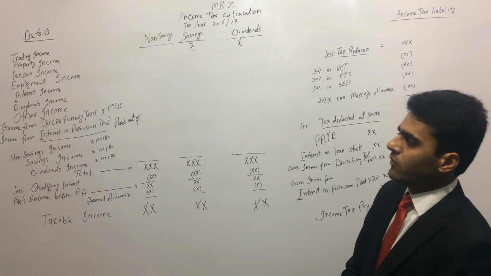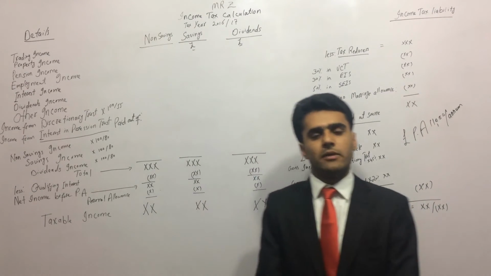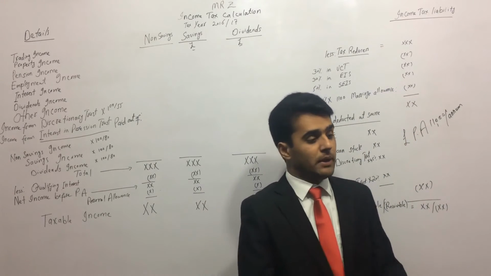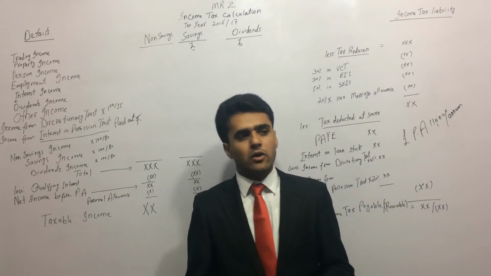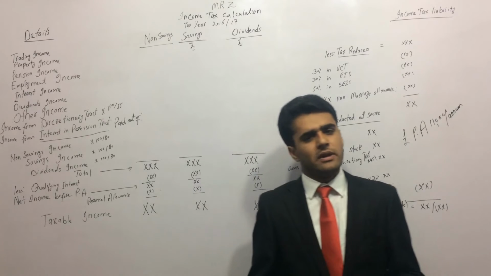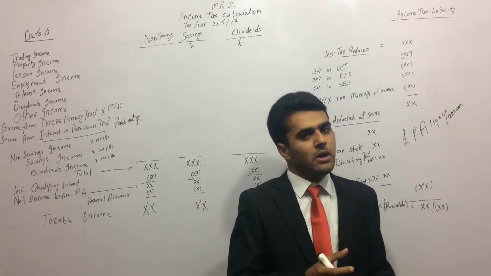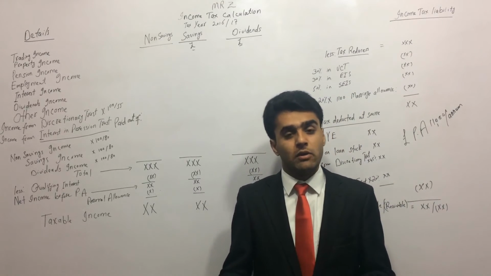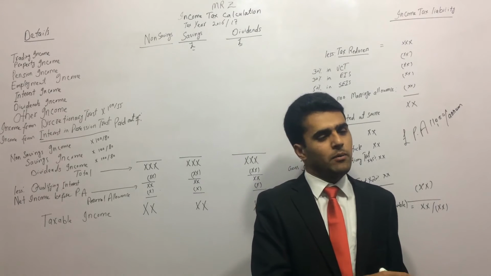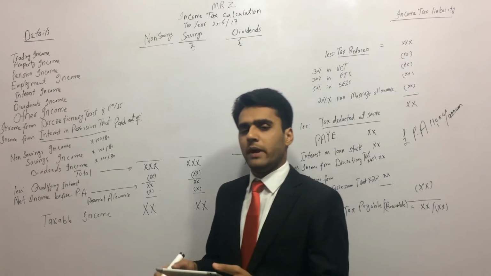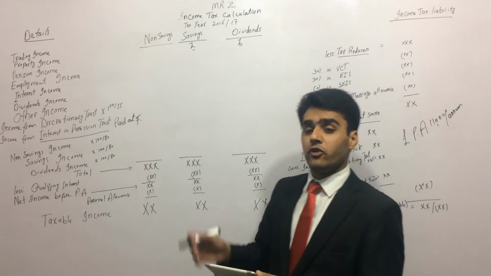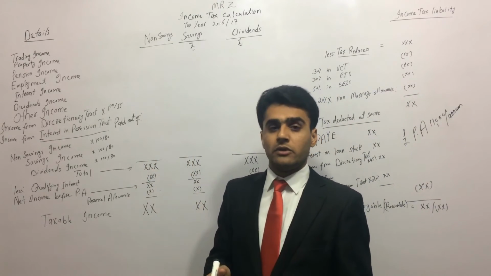The next source of income he had was interest income. So what happened is, Mr. Z said that I had extra money every month, which I was keeping on one side. Then I called my wife, and she said, what is this? I said, it is my savings. Then my wife said, why are you keeping it here at home? Go ahead and put it into the bank account. They will pay you some interest. So I took that money from home, which was my saving, and I went to the bank and put that money into my bank account. So the bank is paying me some interest. So this interest is coming out of the savings.